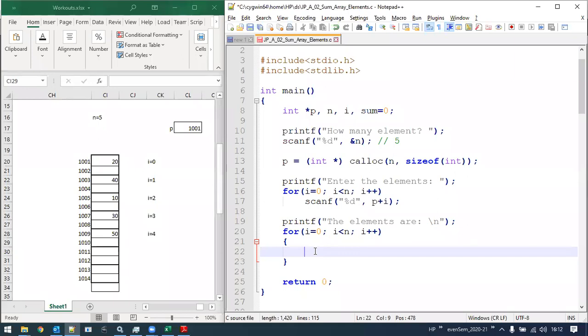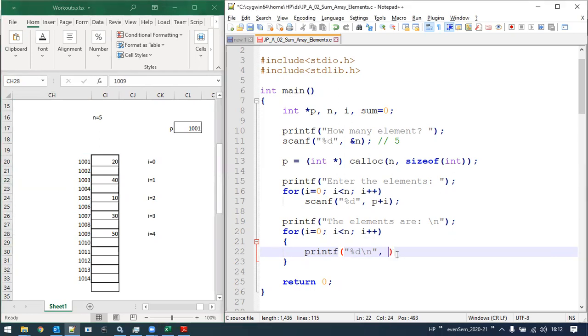Look at how I am going to write the statement here. Printf. I just want to print the element, so I can use percentage d, and let me put a \n so that the next element will be printed on the next line. And here I want to retrieve the value located at every element. So the value located at 1001, at 1003, and so on up to the value located at 1009.